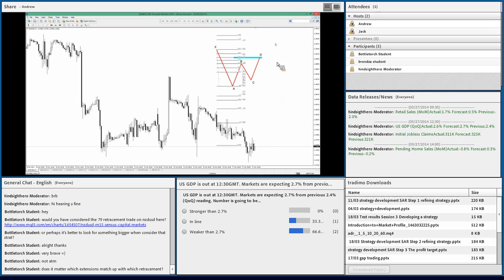I'm not that fussed about the AB leg having to equal the CD leg, and these bars here having to be the same number of bars. That's not something I focus on. I'm not saying if it works for you, that's absolutely great. What I would say in terms of symmetry, and I'll show you another way of working this pattern,